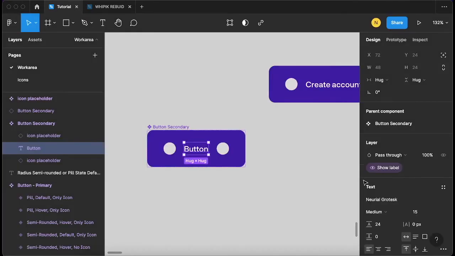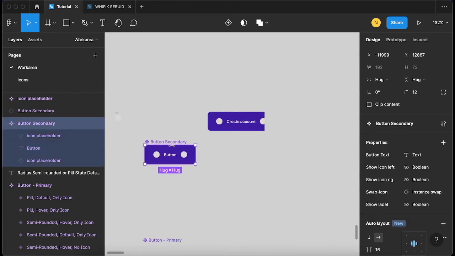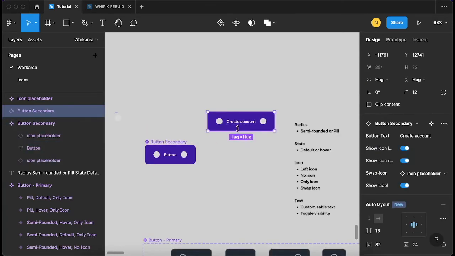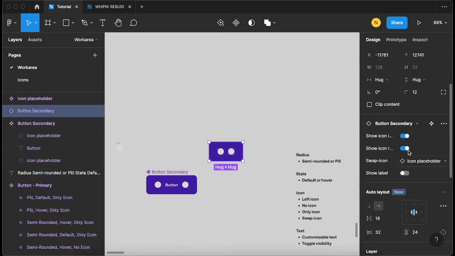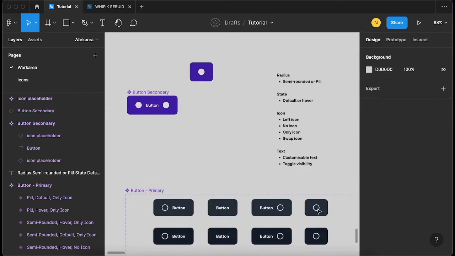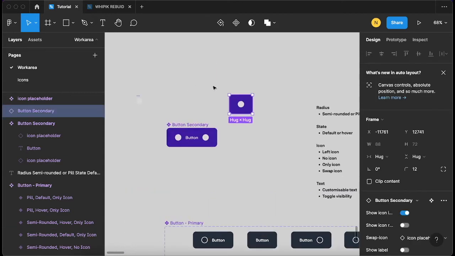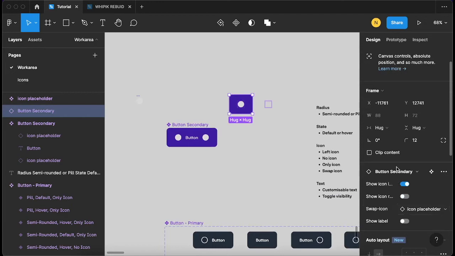Okay, and it's already applied here. So if I come back to this instance, you see that right here I can toggle this to show just one icon, which is similar to what we have right here. Okay, now that is that for components, for applying component properties, and I'm going to move on to